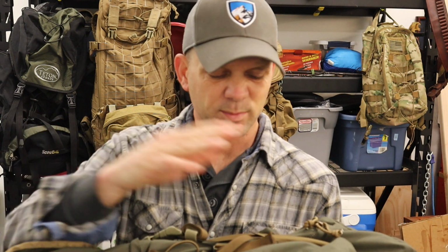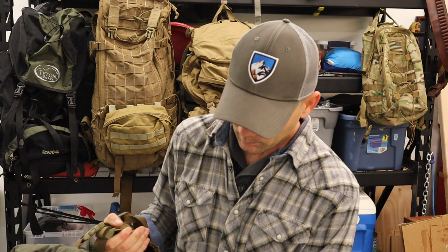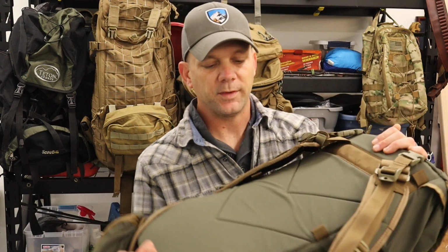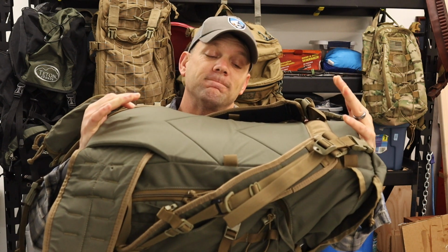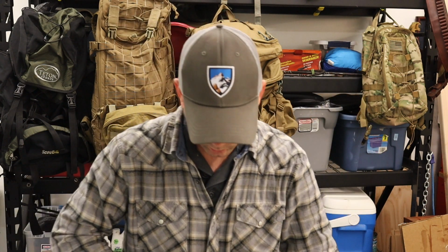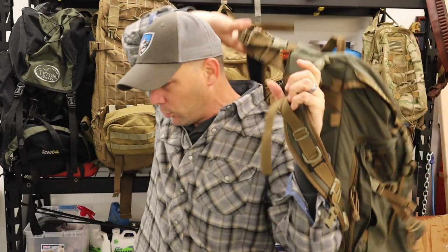And it also has some side access things. It's kind of funny, I'm showing this one. I did up an unboxing of this backpack, I just haven't thrown it up yet. But I do love this thing. Now, this frame sheet is really good. It will not bend at all. And the straps attached to it could have been a little bit more heavy duty, but this backpack itself